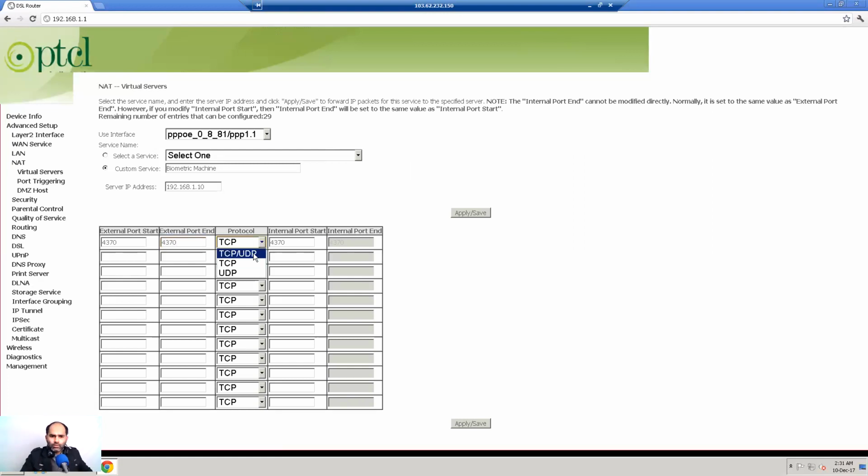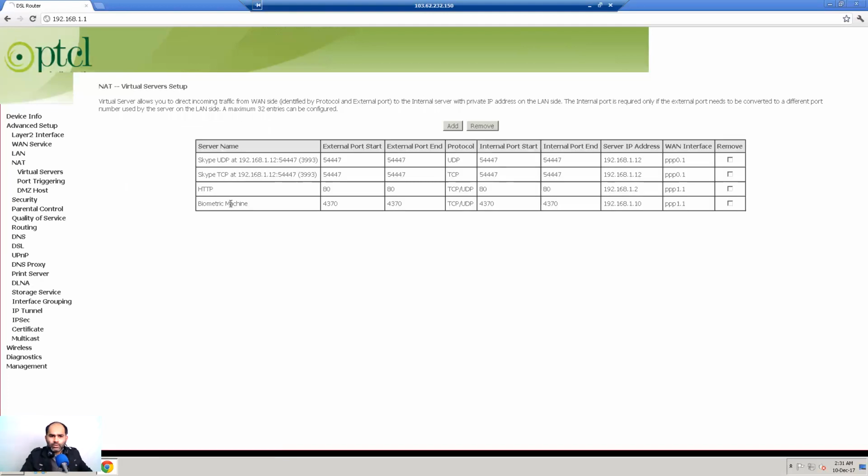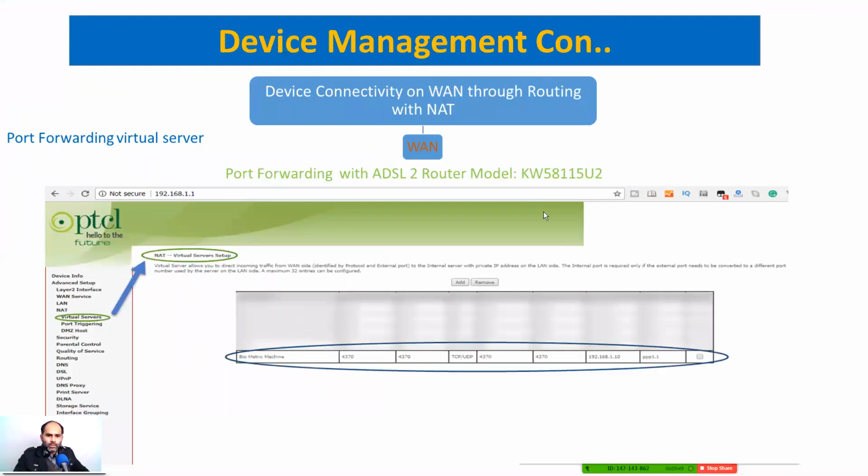Protocol both TCP and UDP, make sure the settings are correct, and apply and save. So you can see now our port is triggered and forwarded also. In that way we can simply forward our port.